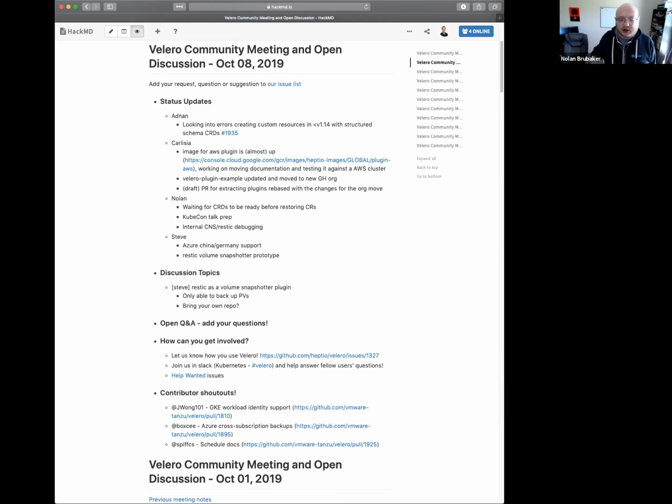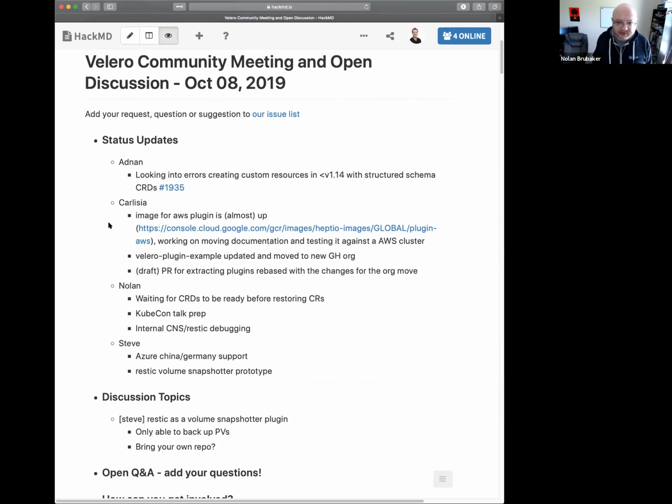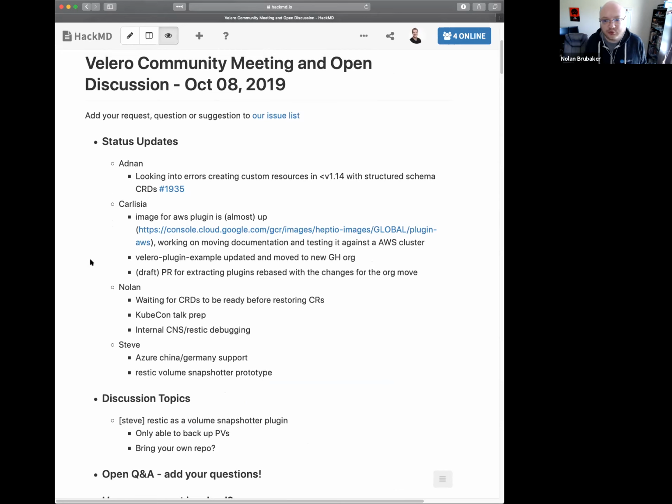A lot of times we'll restore CRDs and move straight on to the custom resources, but sometimes the CRD is not ready when we get to a custom resource. So this would hopefully mitigate that race condition, but I want to do some more testing just to be sure.